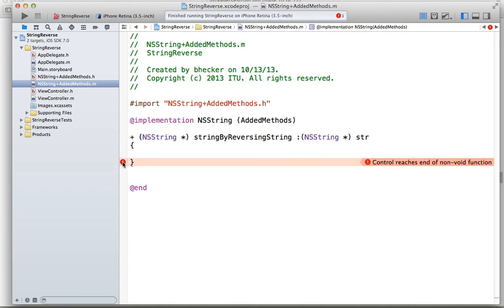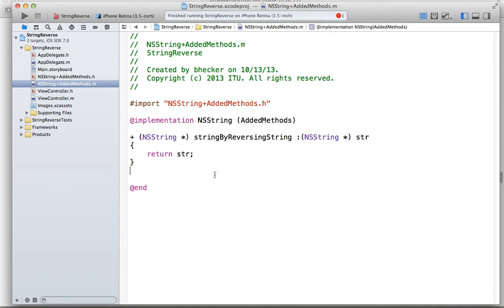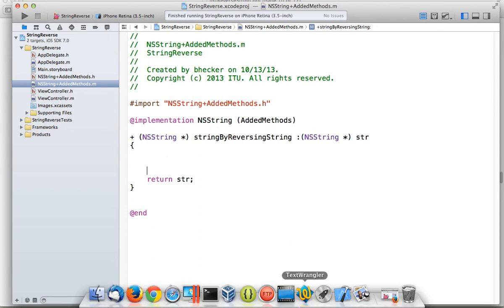Control reaches the end of a non-void method. Yes, I know. It needs to return something. Actually, we could just return str and we can get rid of that error message. We might not be returning that str, but right now we're going to return it. All right, so if I go back into the instructions,